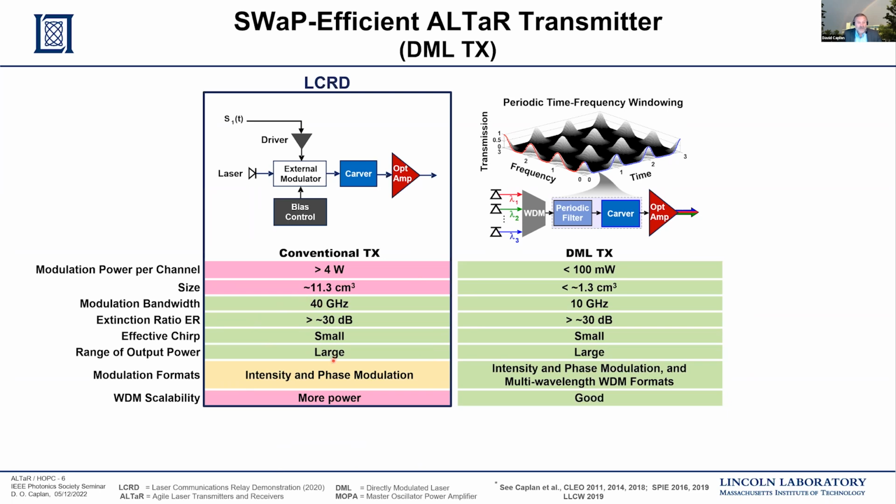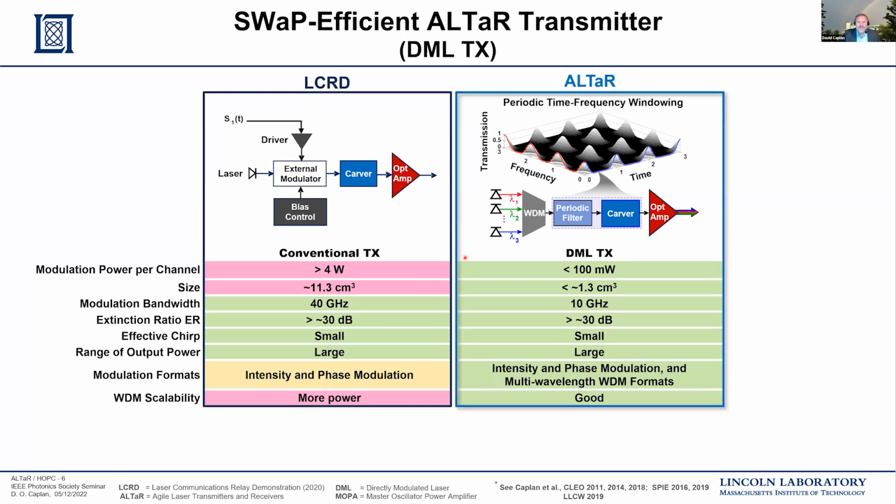Performance is generally exceptional. The primary drawback is in the power per channel. And this really limits the number of channels you can have using this conventional design, because if you want to scale this to a large number of channels, like 32 or 64 channels, this is going to take a prohibitive amount of power. So the ALTaR transmitter technologies that we've been developing leverage a directly modulated laser technology